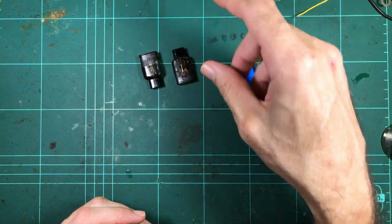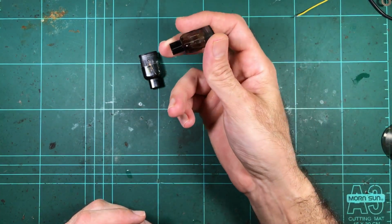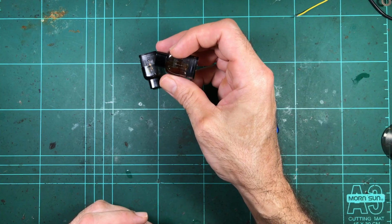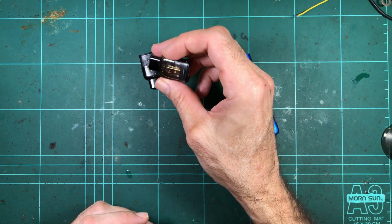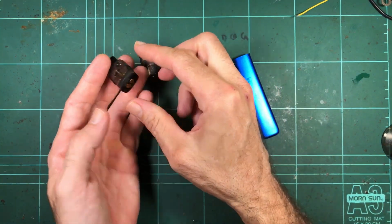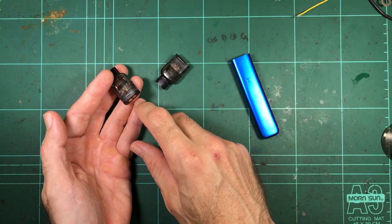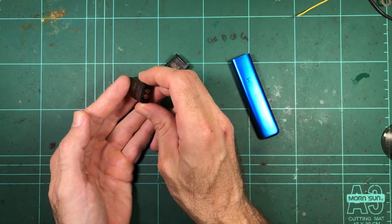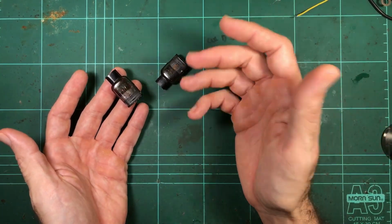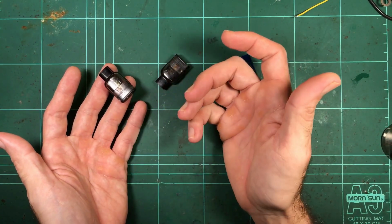Now they are single-use coils, single-use pods, so you throw the pod away when it's done, and there's a little picture on that saying don't put in the bin. Well, I guess where else do you put it? Recycling? Yeah, doubt it. Yeah, I don't know. Kind of 50-50 on whether the disposable pods are okay or whether it's better to have the coils. I think probably better to have the coils, just so you're not throwing out plastic every time. You know, it's not a huge amount. It's only a couple of grams of plastic, but if you don't need to throw it away,